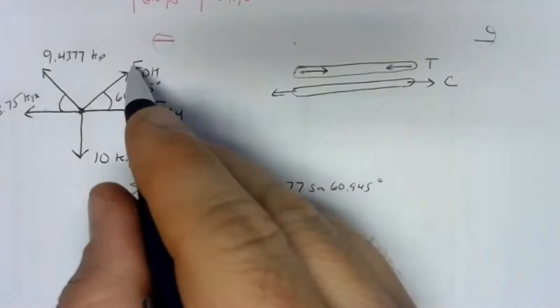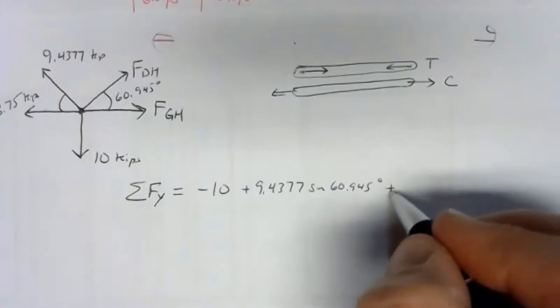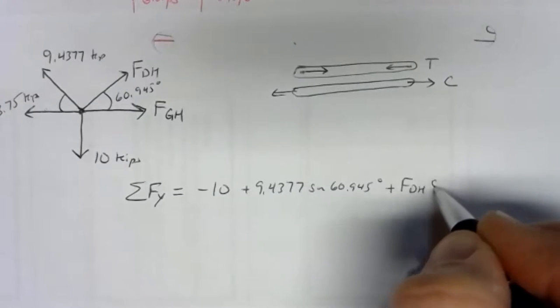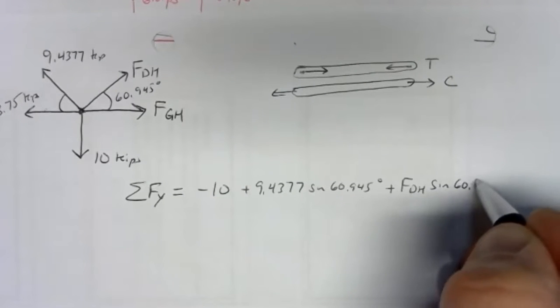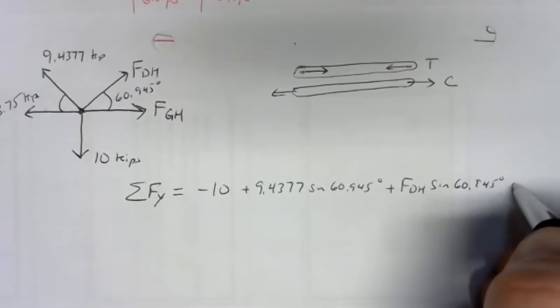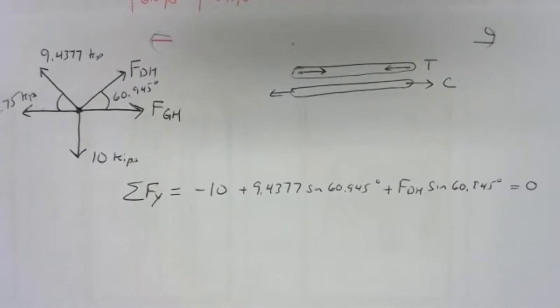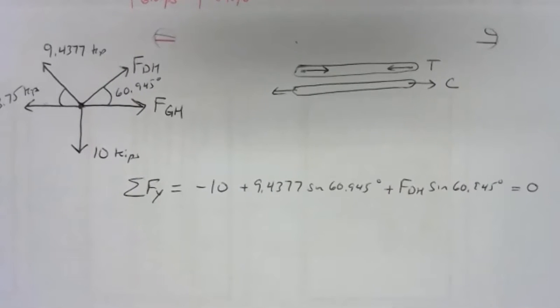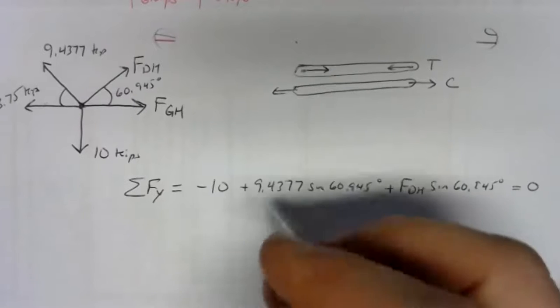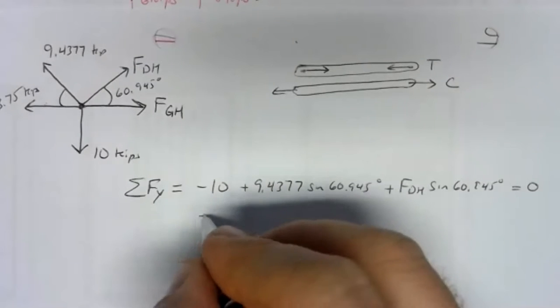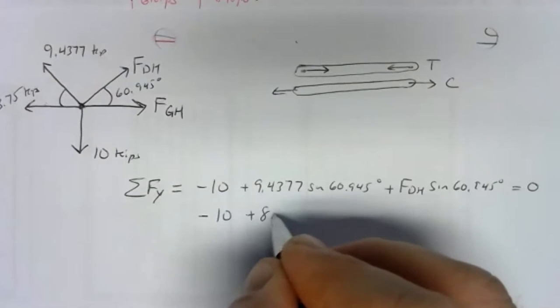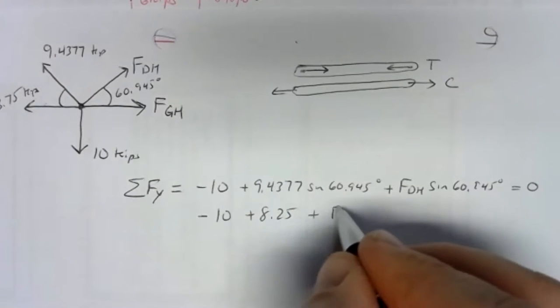And then I have the vertical piece of FDH, so that would be FDH sine of 60.945 degrees, and that equals 0. No other vertical forces, so just three terms. 9.4377 sine of 60.945 gives us 8.25. So minus 10 plus 8.25 plus FDH